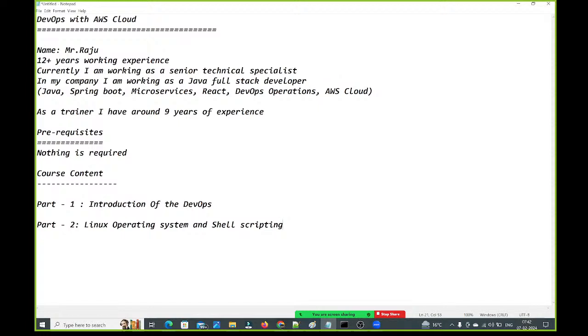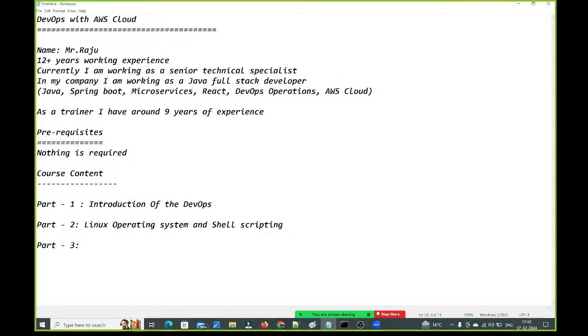Why do we use shell scripting? To automate regular activities. Next, as part 3, we are going to learn AWS Cloud.